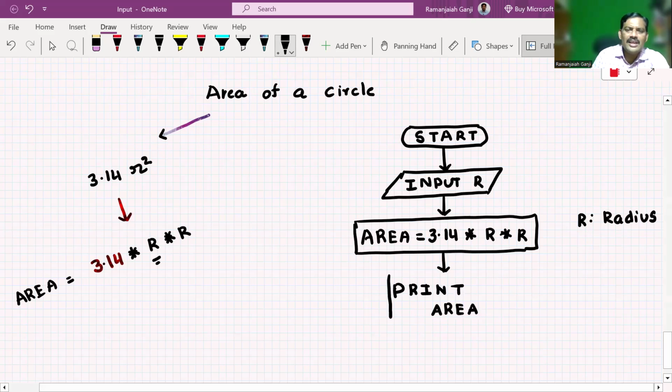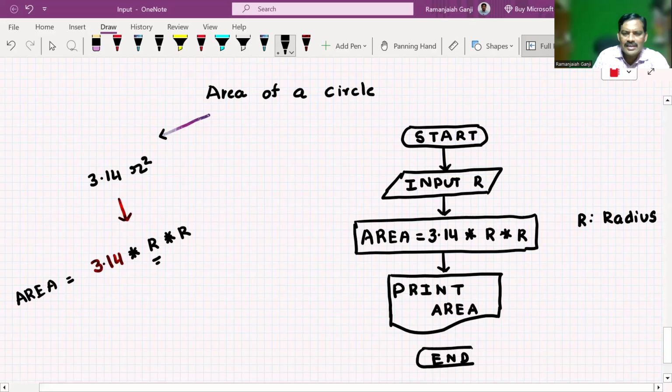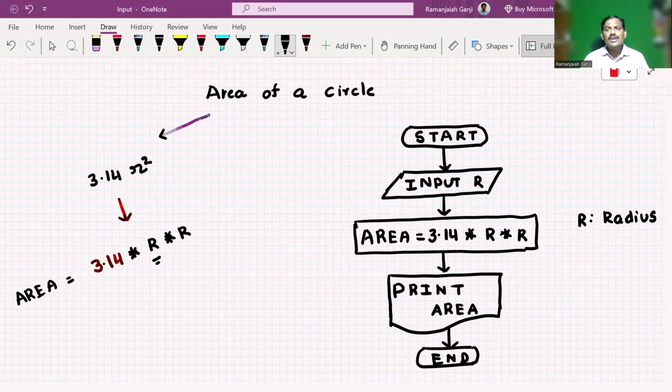Area need to be printed. You may use either a parallelogram, as I told you, or you may use a print symbol. Finally, that need to be concluded with the end symbol. Every symbol need to be connected by using arrow marks. What do you call it? It's a flow line. Once again,